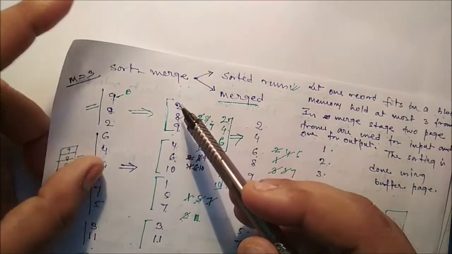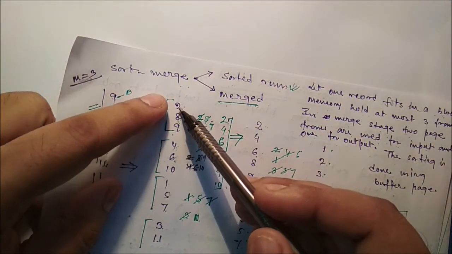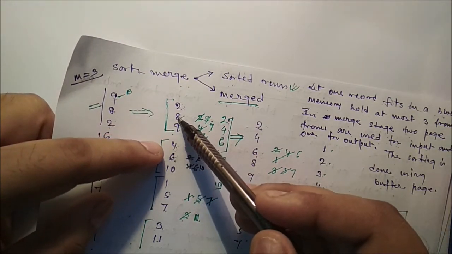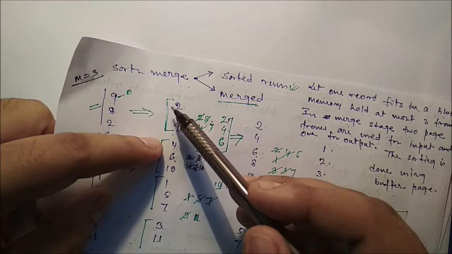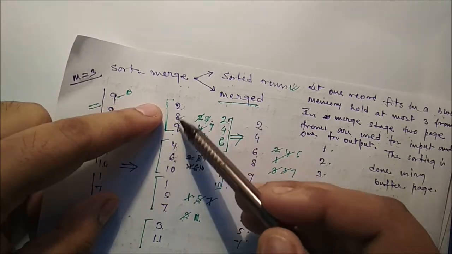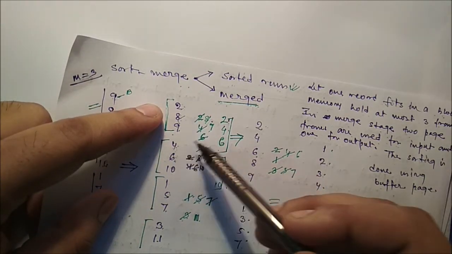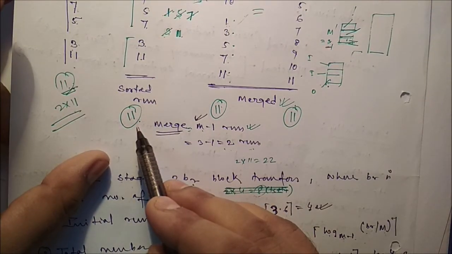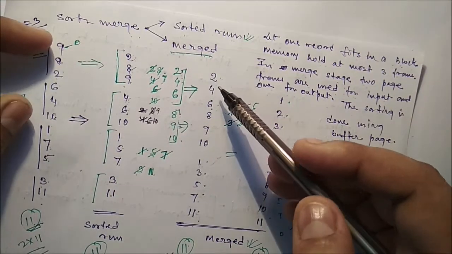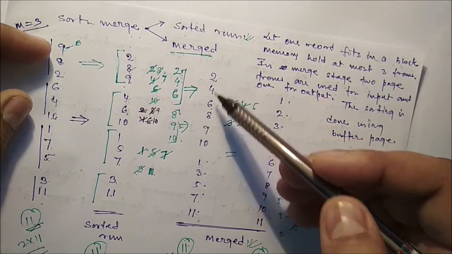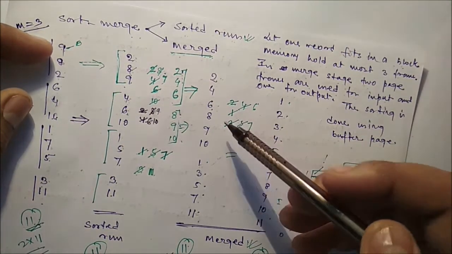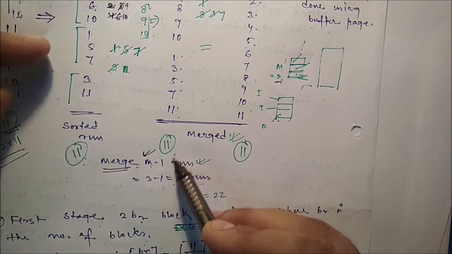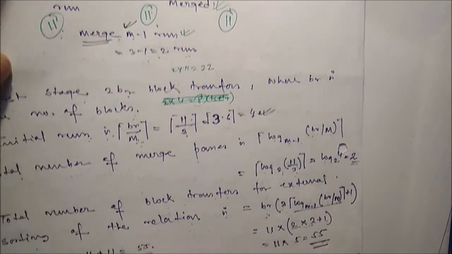Next we have to take the blocks 1, 2 and 4 first, then pick up the minimum. Okay, 8 and 4, then pick up the minimum. So to take this, we need another block transfer to get the minimum. So we need another 11. Finally we compare these two, pick up the minimum, compare these two, pick up the minimum. So we need another transfer, and that is another 11 we require.